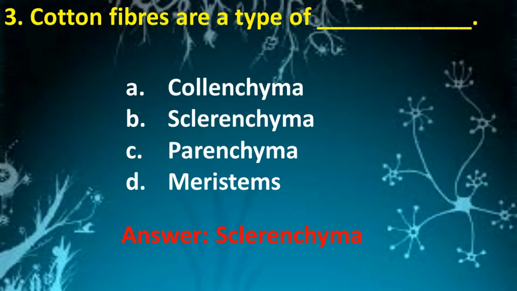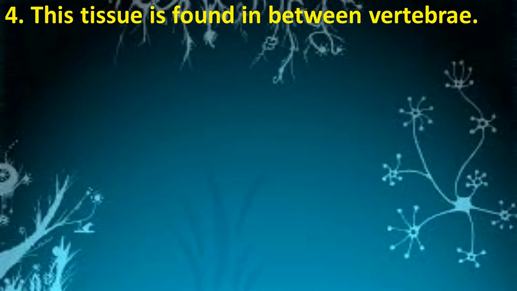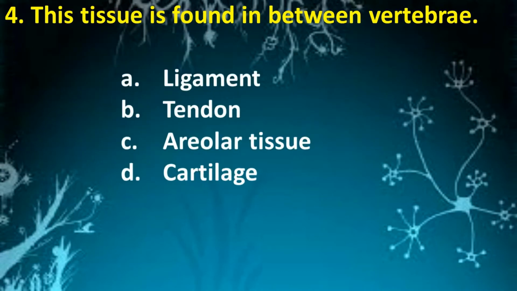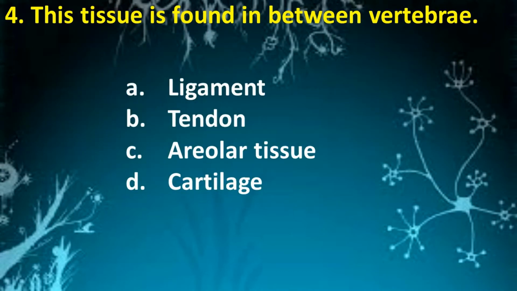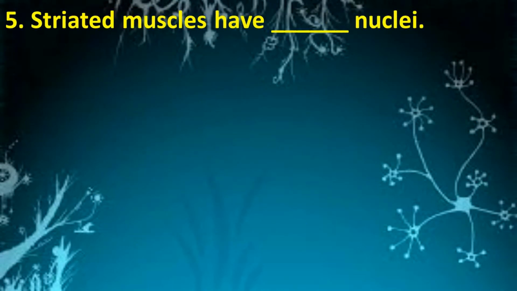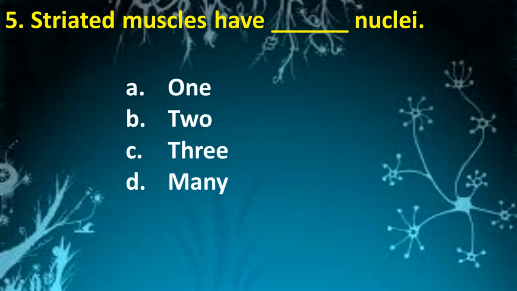Sclerenchyma. Next question. This tissue is found in between vertebrae. Options are ligament, tendon, areolar tissue, cartilage. Answer is cartilage. Next question. Striated muscles have how many nuclei? Options are 1, 2, 3, many. Answer is